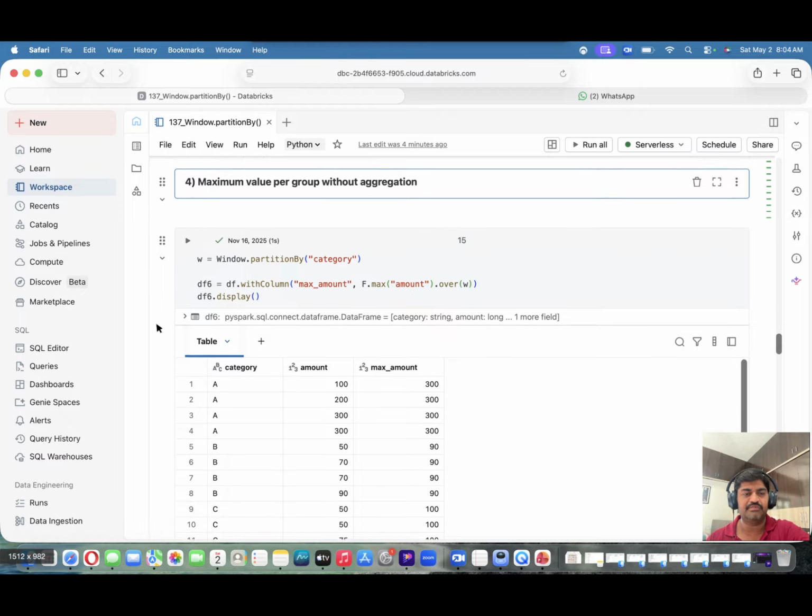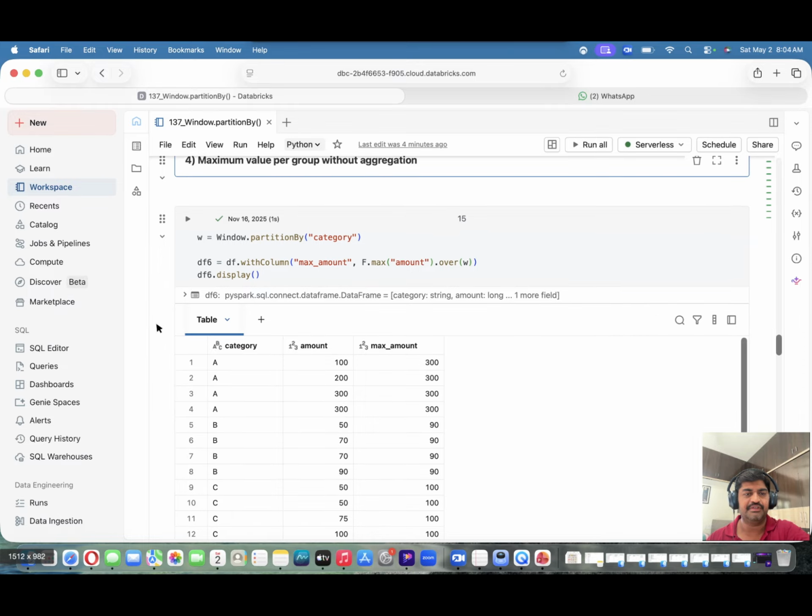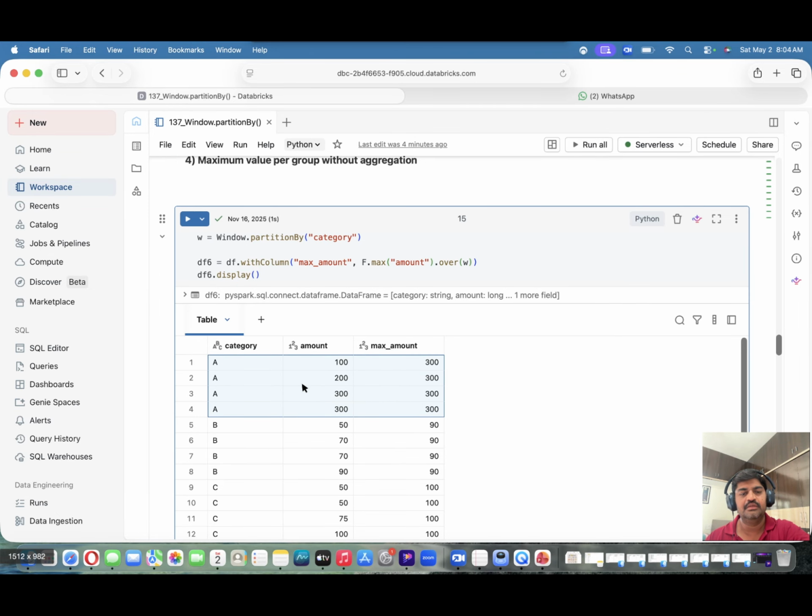Window.partitionBy means it will do the grouping. So this is the first group, up to here. Next, after doing the grouping, I gave withColumn max_amount. This is a new column. Since I gave max of amount, that means in this